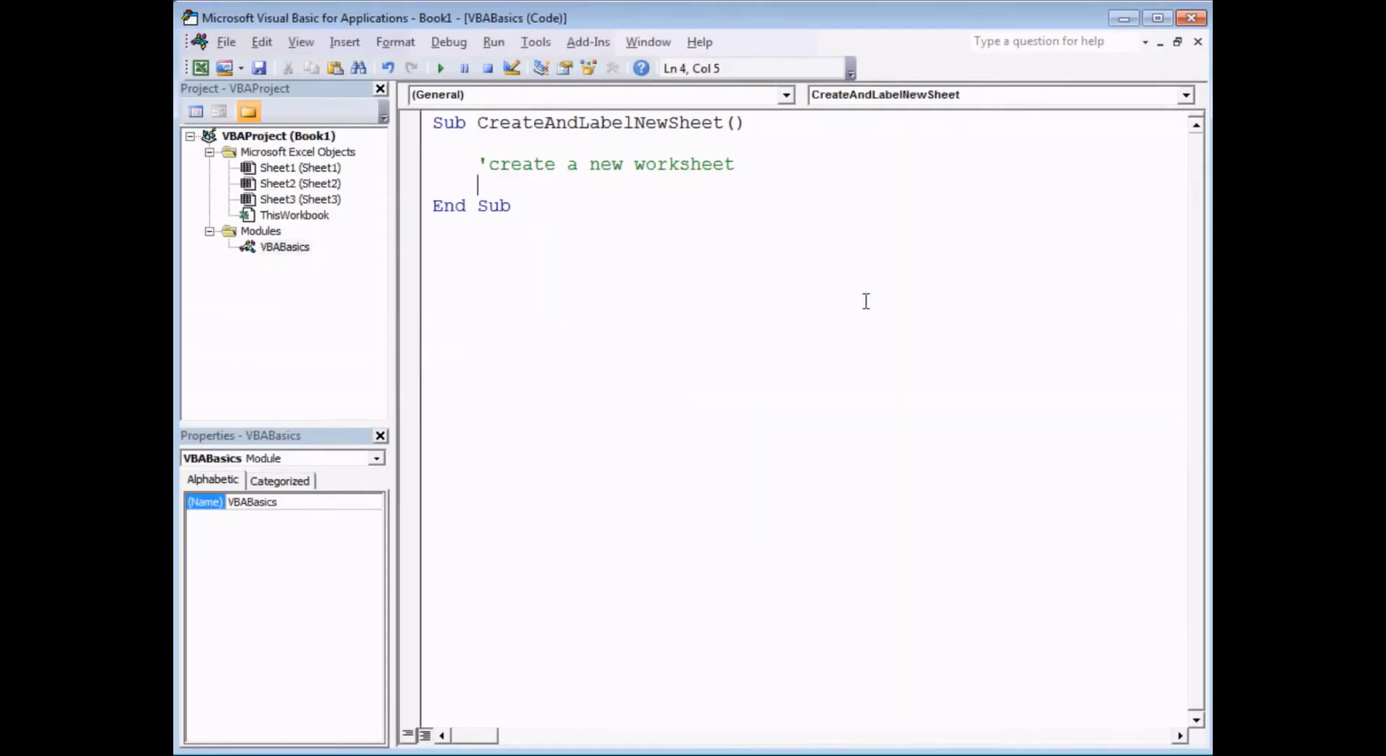Okay, so now we need to write the instruction that will create a new worksheet. To do that, you need to know a little bit about the basic sentence structure in VBA. I'm going to write a quick comment here, which I'll delete in a moment. Basic VBA sentences. In layman's terms, the way a basic VBA sentence or instruction works is you begin a sentence